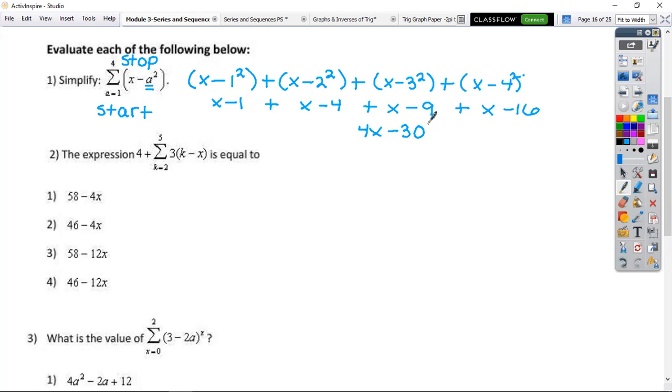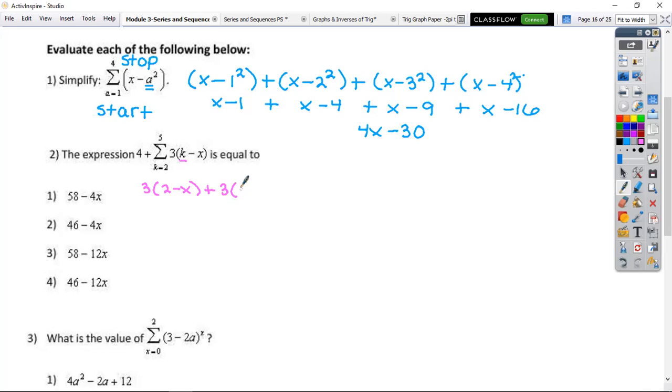Okay. So number 2 is going to work the same way. The only thing you're going to notice that's different is, do you notice there's a 4 on the left-hand side? So when we get our final answer, we need to remember to add 4 to it. So I am going to start, and I'm going to plug in k is equal to 2 right there. And I'm going to stop when I hit 5. So I'm going to go 3 times 2 minus x plus